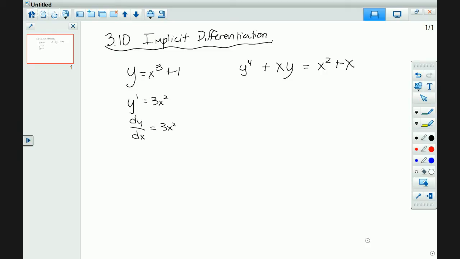Can I move everything to y equals? Pretty sure you can on this one. We can't get this in this format, so we just need to deal with it. Okay. It's called implicit differentiation. And it uses this notation every time we take the derivative of a y. Okay, so